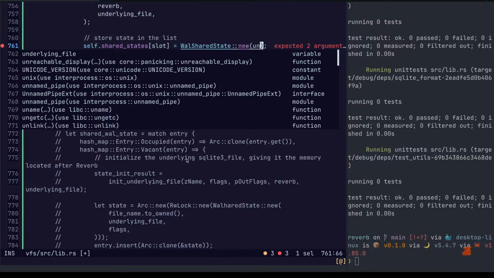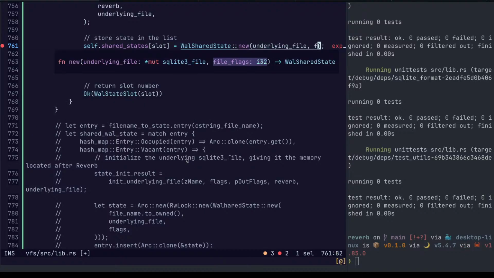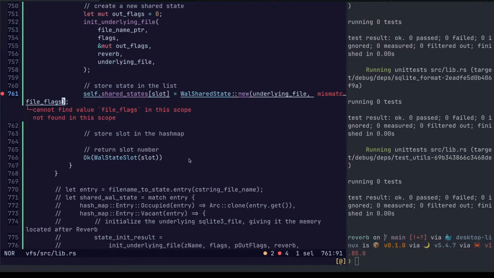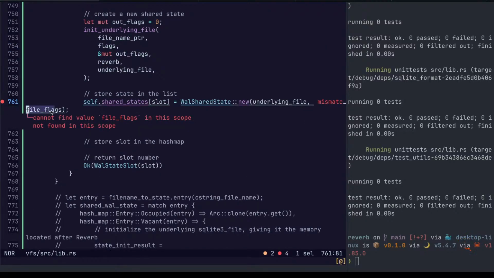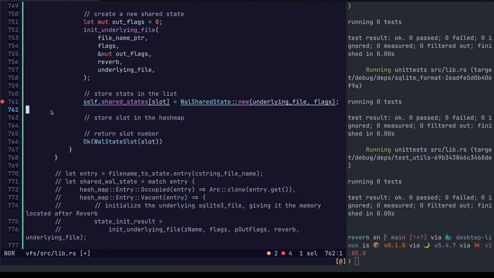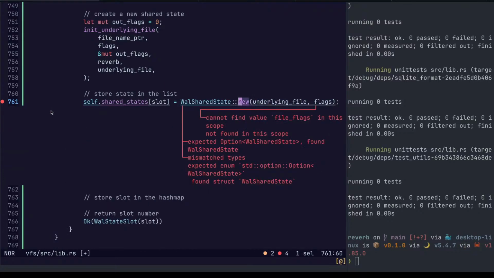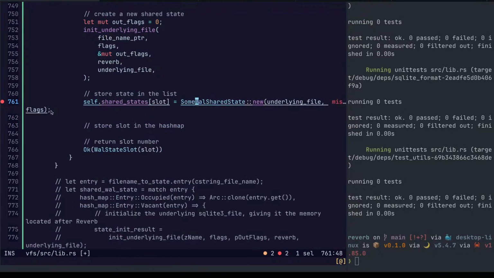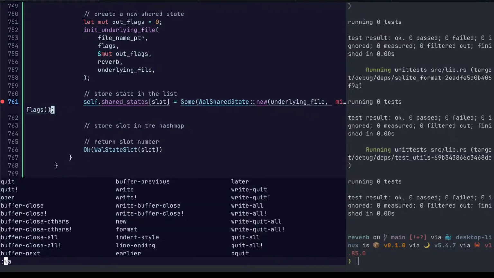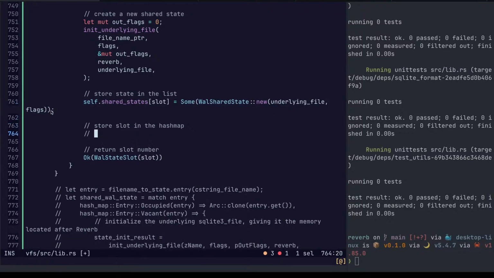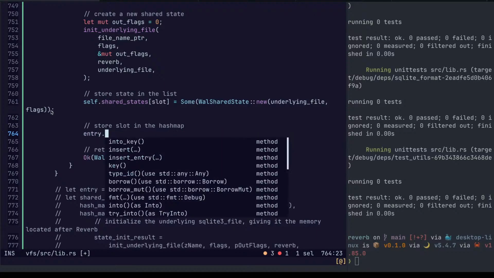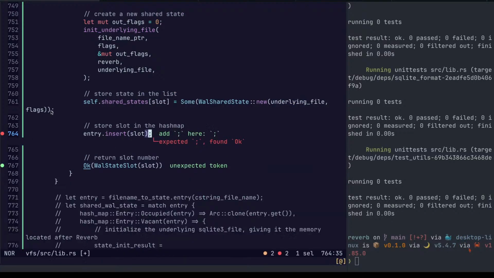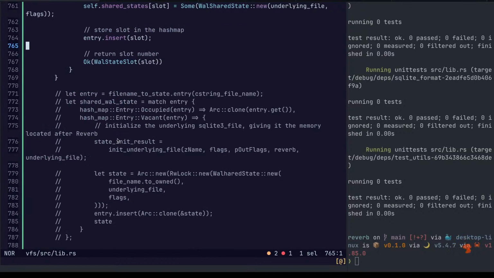Okay. It's just called flags. Entry dot insert. Value is slot. Okay.